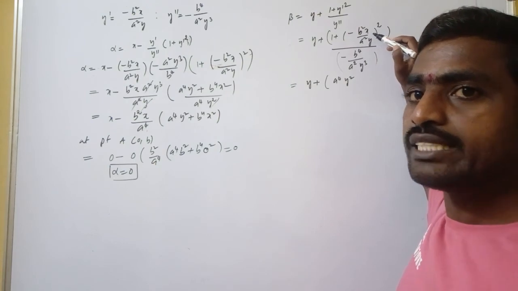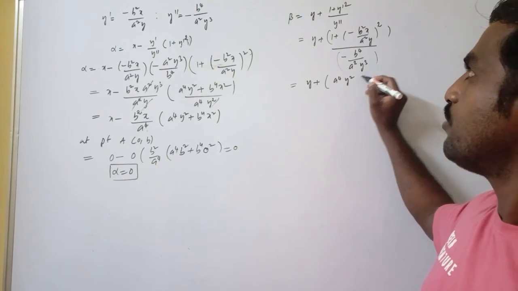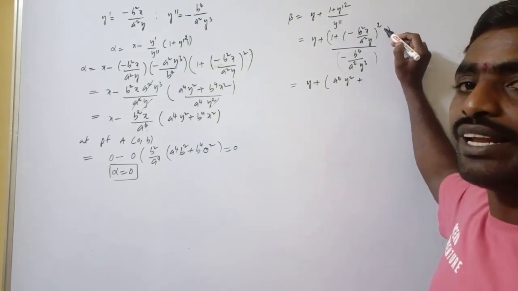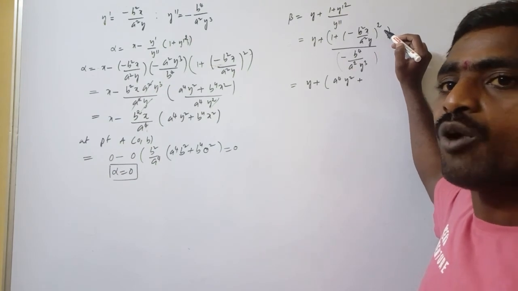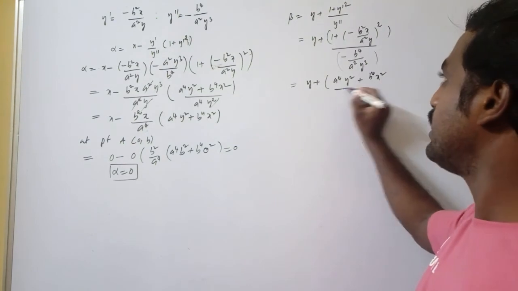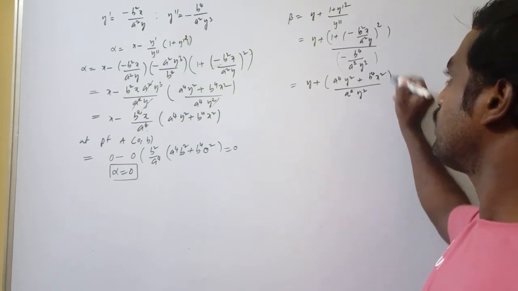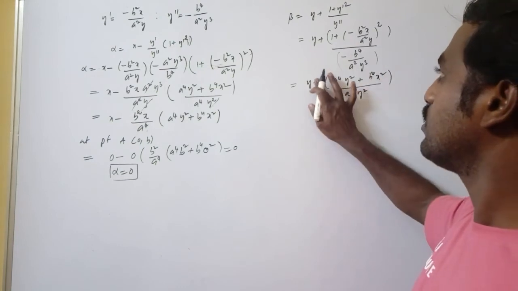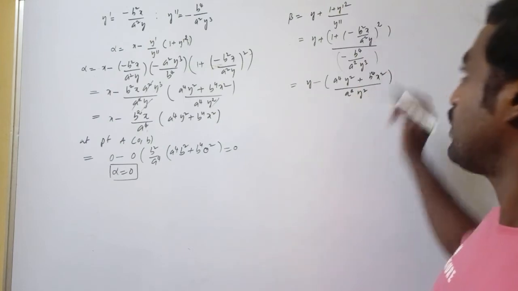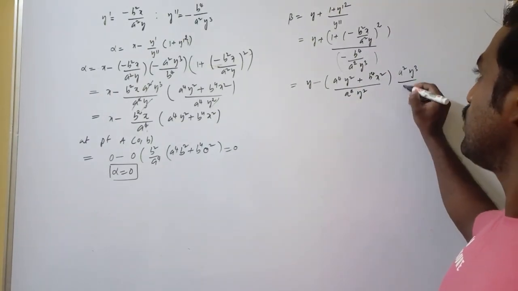So I want to take the LCM, that means 1 by 1. So finally what will happen, a power 4 into y power 2 minus or minus plus. So plus, because the power 2 is even, and a negative to an even power gives a positive. That is plus b power 4 into x power 2 by the denominator a power 4 into y power 2. Next one, here minus. So finally we can write minus of a power 2 into y power 3 by b power 4.